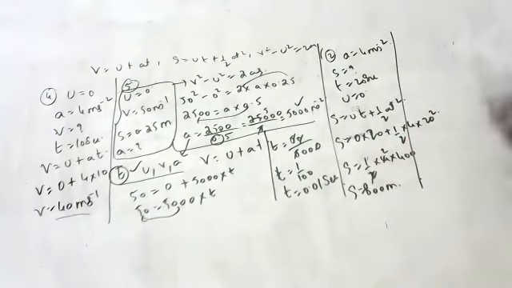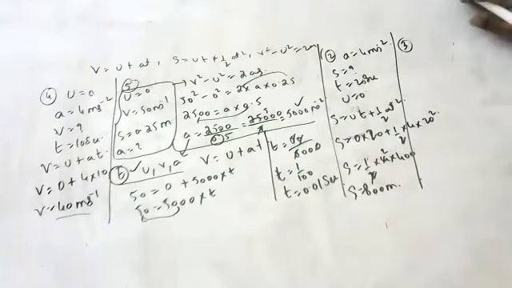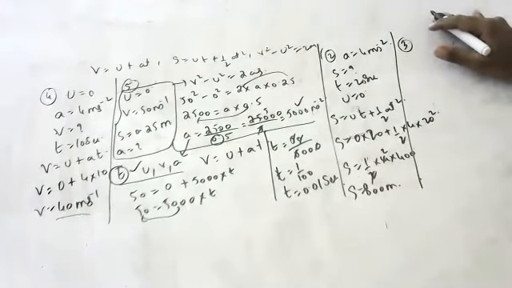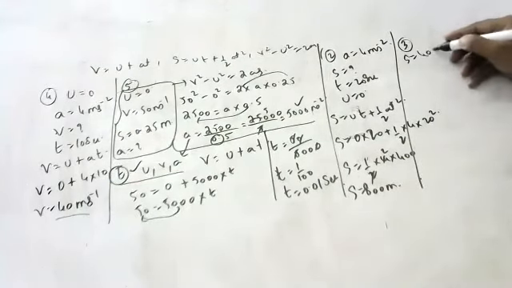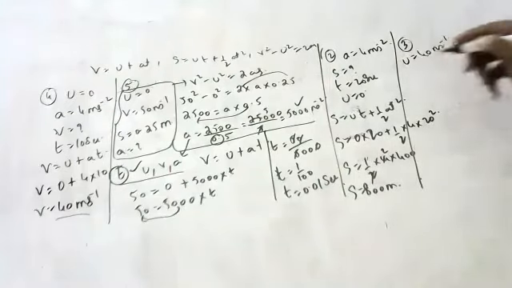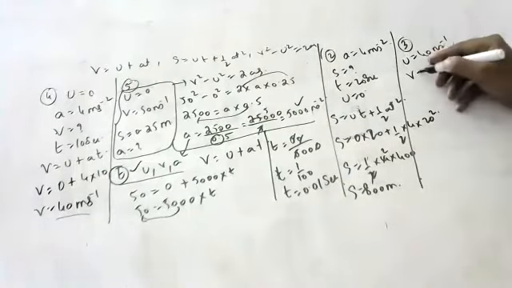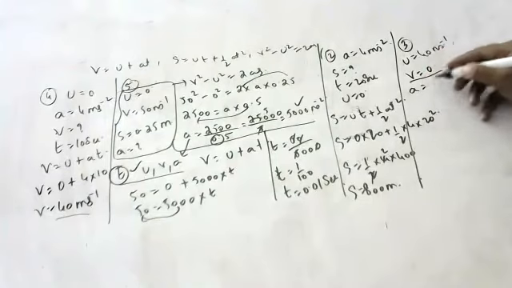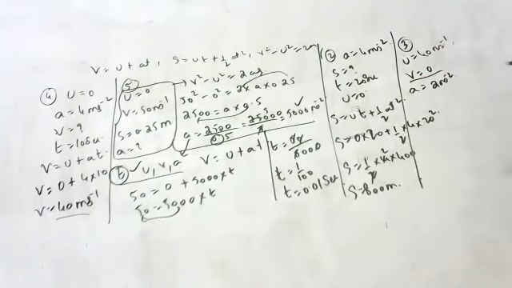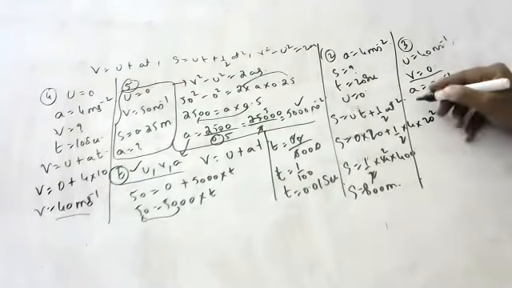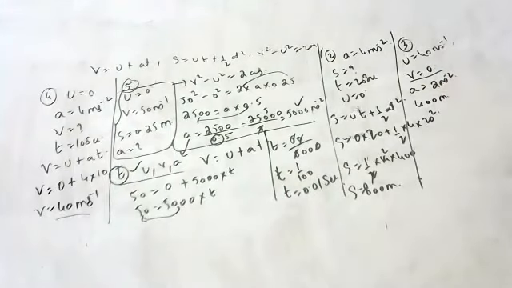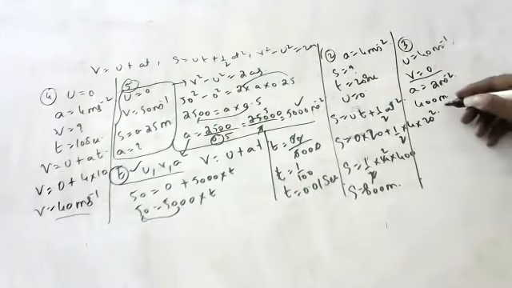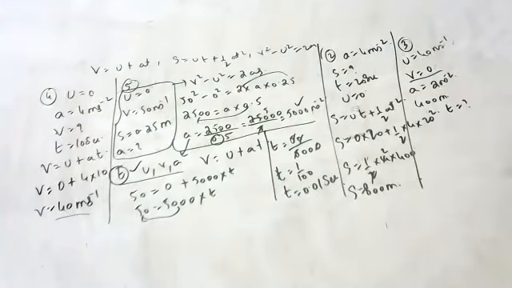Next, Vivek. A driver of a train traveling at a speed of 40 meters per second applies the brake and the train comes to rest, with final velocity 0, decreasing speed at the rate of 2 meters per second square. The platform is 400 meters long. Question is, will the train stop in time or not? First tell me, what is the time it will take to stop?